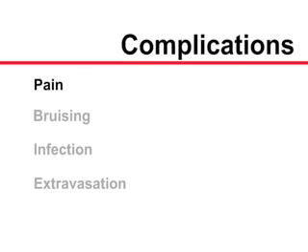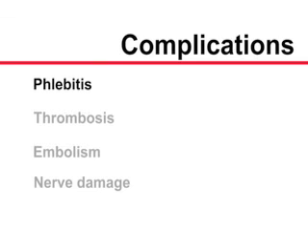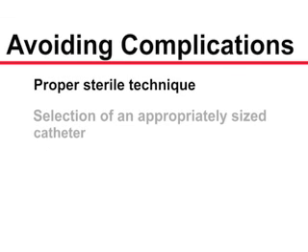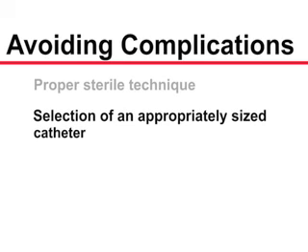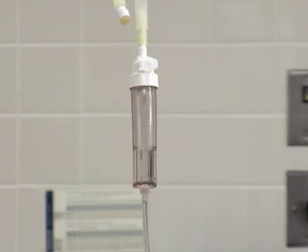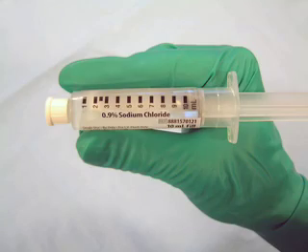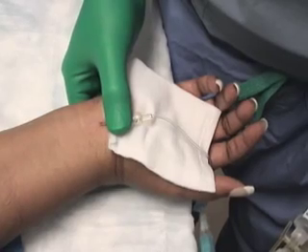The most common complications arising from intravenous cannulation are pain, bruising, bacterial infection, extravasation, possibly leading to necrosis, phlebitis, thrombosis, embolism, and nerve damage. Proper sterile technique and the selection of an appropriately sized catheter should help to avoid these complications. Ensure proper and adequate fluid administration or flush the site with saline to prevent the more serious complications of